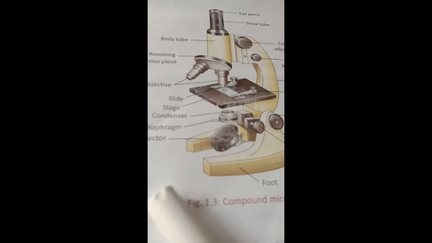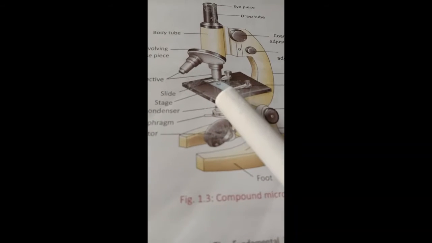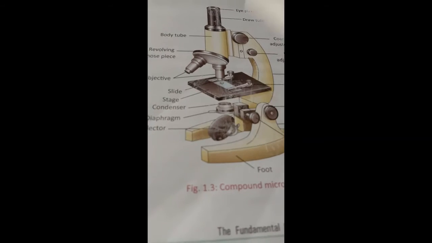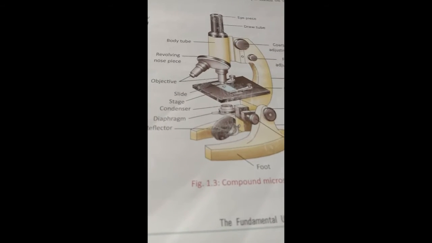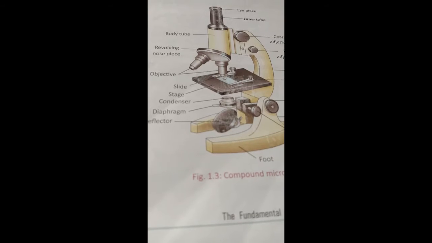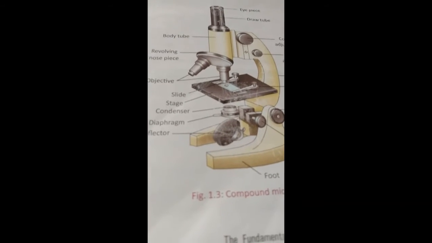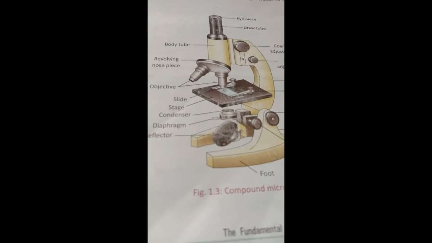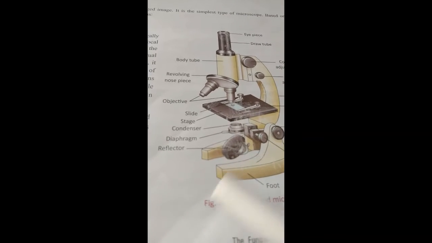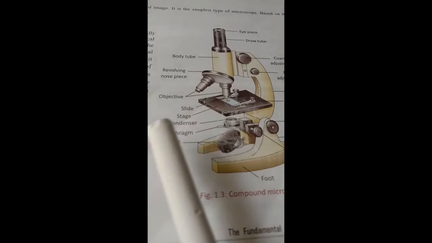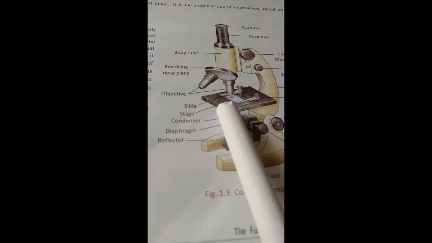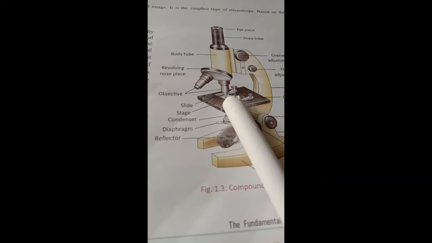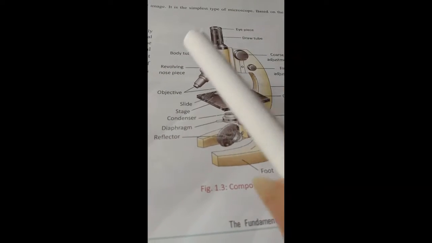And again, on that substance kept on a slide, there is a very thin, paper-like, thin glass square sheet which is kept as a cover slip, so that the substance will not get run away due to the high air, or it will not get affected by the pressure or temperature of the atmosphere, and can be observed properly. These are the two objective pieces which will help in traveling the light towards the eyepiece.